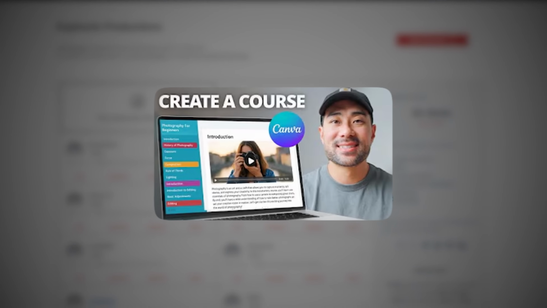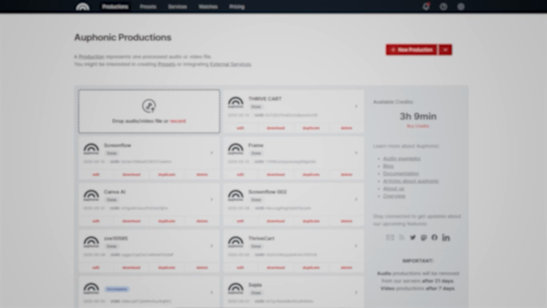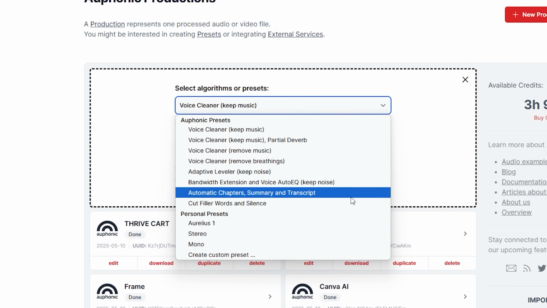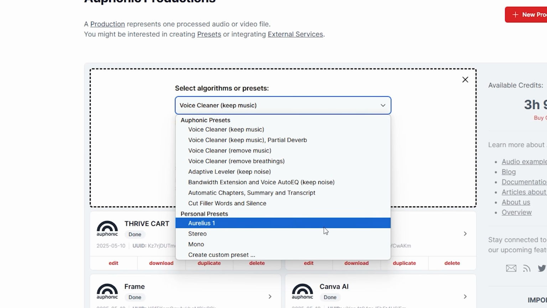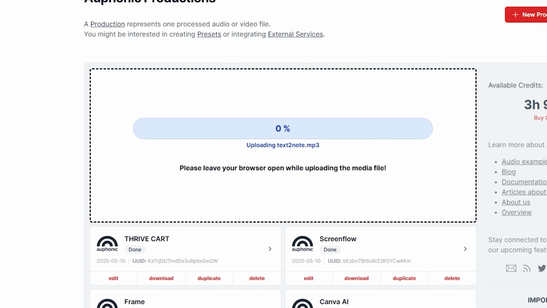So my editor will go into Auphonic, he'll extract the audio of my videos, and then he'll simply use a preset. So no playing around at all with the parameters of any sort, and then pretty much click process, and then the audio is done. He'll transfer it back to the final video, and then at the end of the day, you've got clean audio. I've been recommending Auphonic for many, many years, and the great thing is you can start with 2 hours of free Auphonic credits each month.